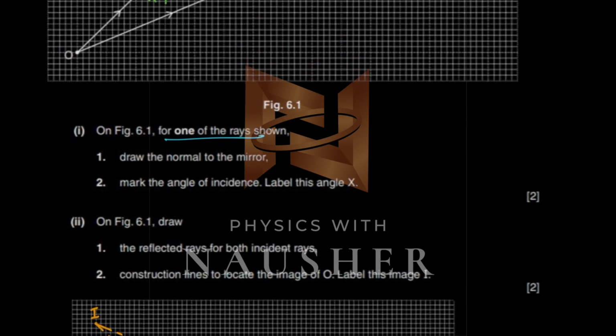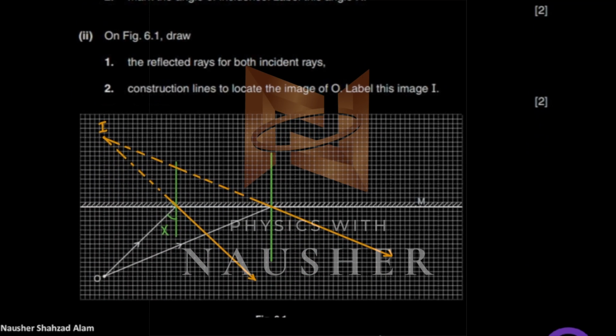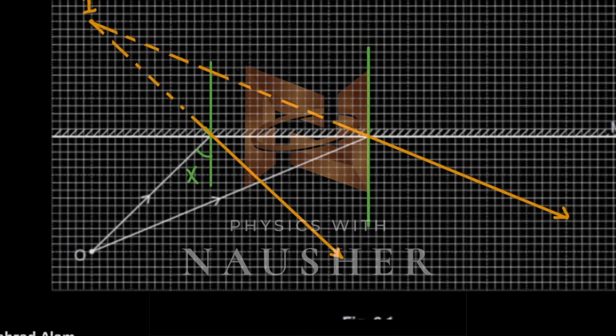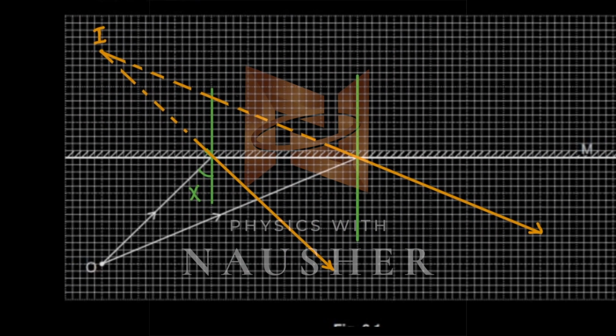Next part says you have to draw the reflected rays and construction lines to locate the image of the object. Now, be careful in this question. Let me zoom in. The first step that you need to do, before you draw the reflected rays, although that's part A, and part B is to locate the image, please make sure that if this is your object, just count the number of boxes, 1, 2, 3, 4, 5. Then this is another 5 boxes, another 5 boxes, 15 boxes. So your image should also be 15 boxes